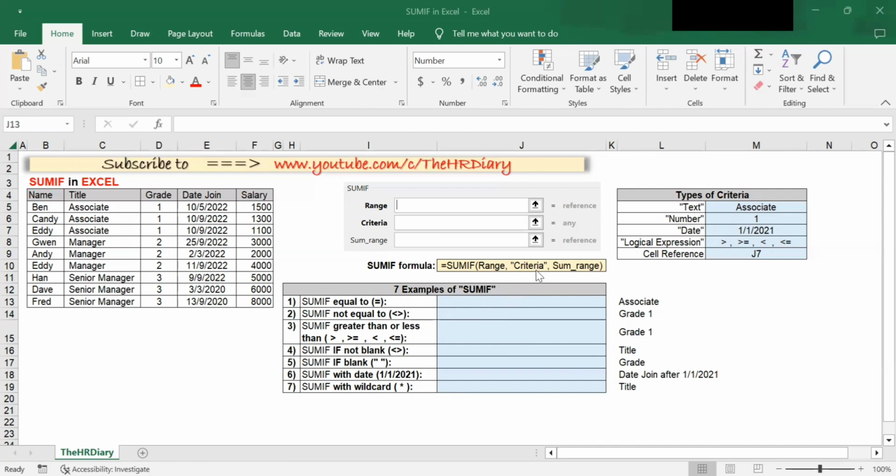The criteria can be in the form of a text, a number, a date, a logical expression, or a cell reference. And close all criteria with double quotation marks, except for cell references. Cell references should be used without the double quotation marks. In my first example,